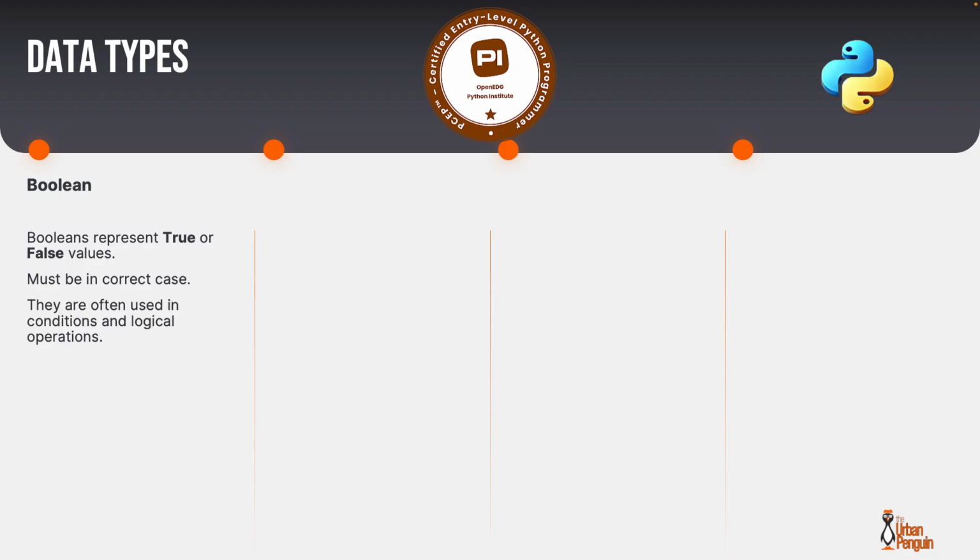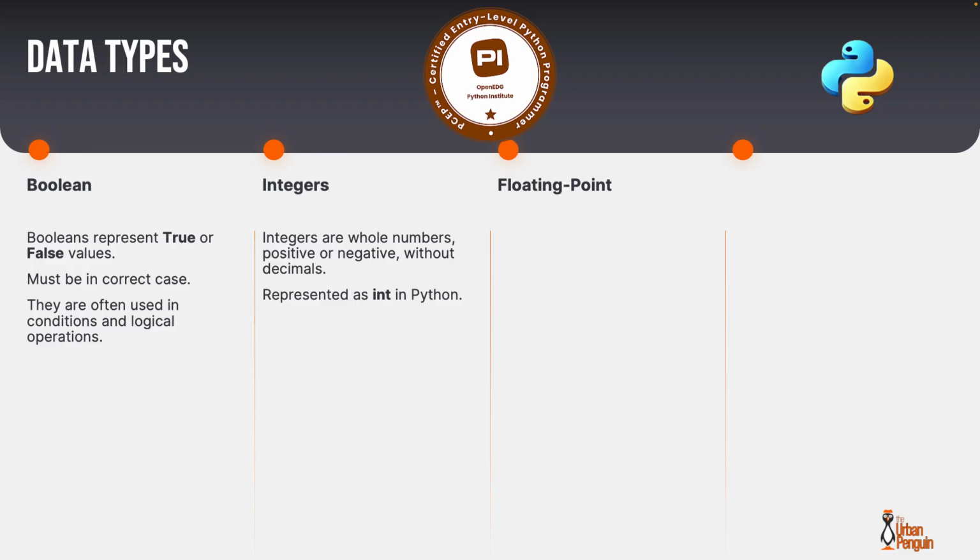These are often used to test logical conditions, and we'll be able to see this in some of the definitions and demonstrations. When we look at integers, integers are whole numbers. They might be positive or negative, but without decimal places. They are whole numbers. They're represented by the data type int in Python. If we're not dealing then with whole numbers, we can be looking at floating point decimals. Our floats represent real numbers that include a decimal point. They're represented by the float data type in Python.